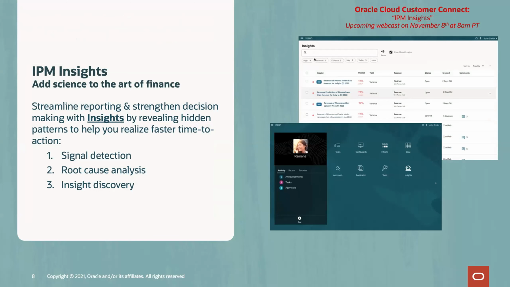Another super exciting thing, this is a project we've been working on for 3 or 4 years now. It falls into our IPM category, our investments in emerging technology, where on Friday your development pods, your development environments, will get a new enhancement for IPM Insights. IPM Insights is a pattern recognition technology that helps your users do analysis faster. It looks for patterns in your data and reports them back on a nice dashboard. You can see a screenshot of it. I'll give you a very quick demo of it here in a moment.